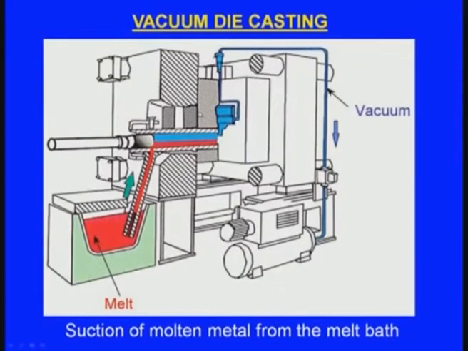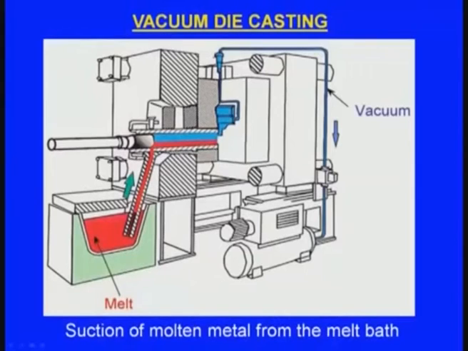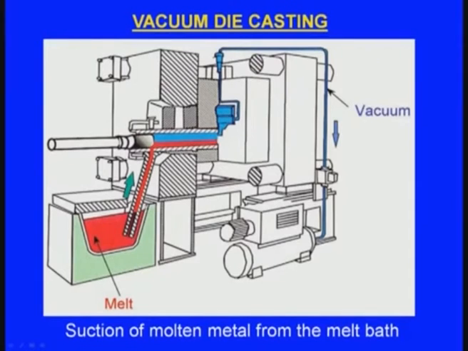Now, let us see another variant of die casting, that is vacuum die casting. In vacuum die casting, the process is similar to die casting, but what is the difference? Here we can see this is the die. Die means a set of dies, 2 dies will be there, and between these 2 dies there will be a cavity whose shape is similar to the component which we want. Here we can see this is the furnace. This furnace is an integral part of the machine. This is the channel through which the molten metal enters and fills the cavity.